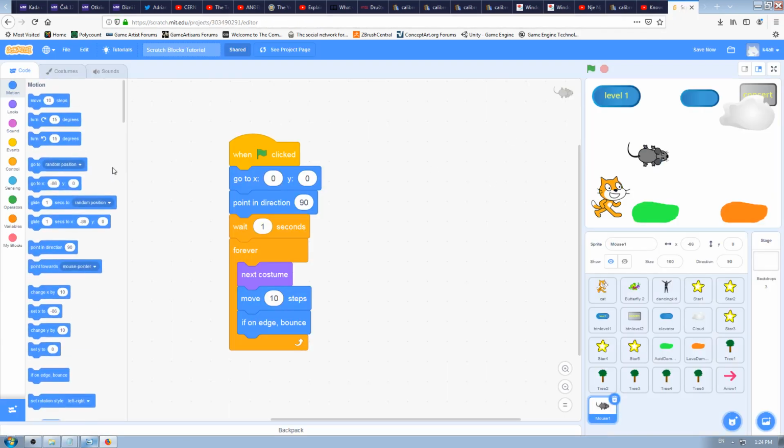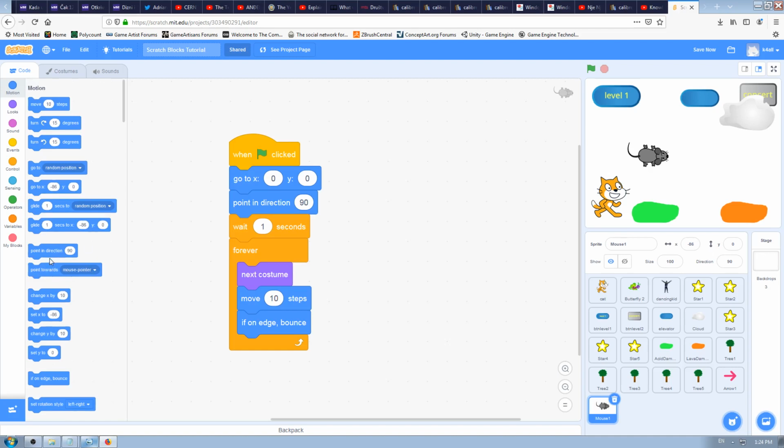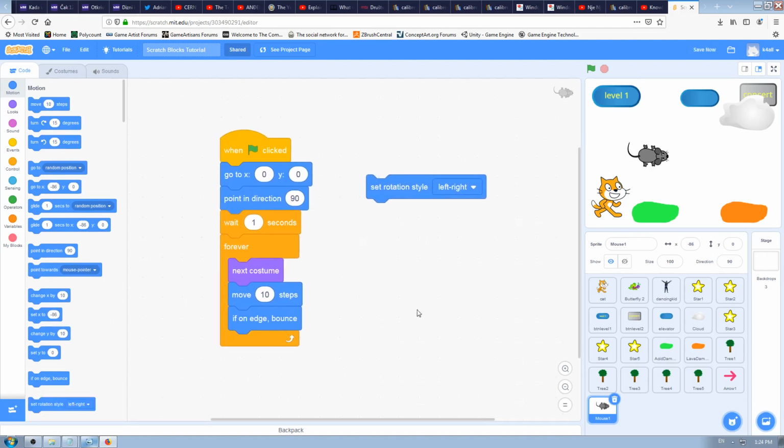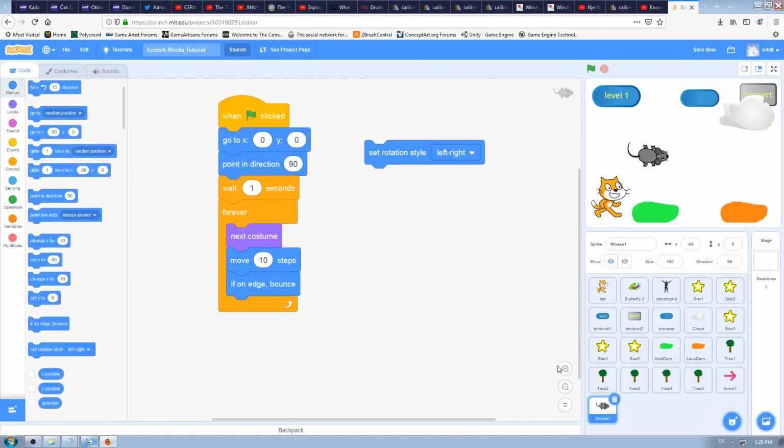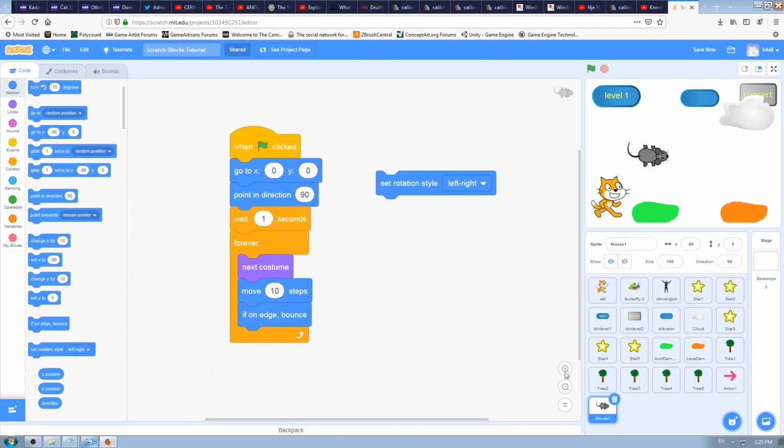Let's go to motion blocks, but because we're moving mouse only to the left and the right, there will be no visible change. But let's just add it to make it more complex. Okay, so the last thing which I will add here, you don't have to, is when I'm defining